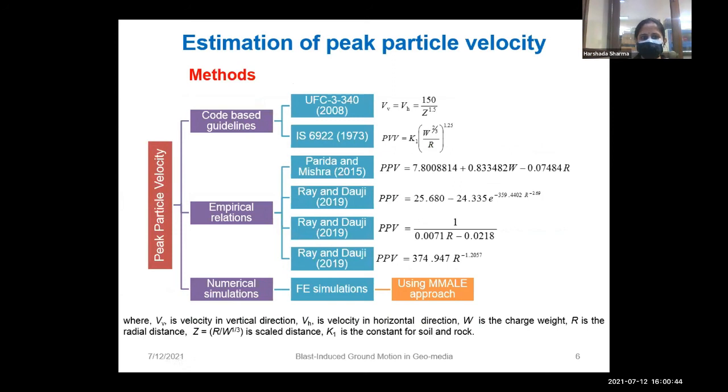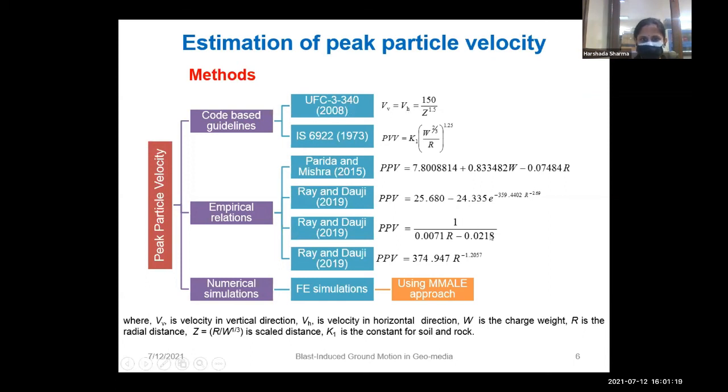So there are code-based guidelines. There are some empirical relations given by various researchers in their literature. And there are some numerical simulations through which we can also find this peak particle velocity. The Unified Facilities Criteria and Indian Standard Codes are the two codes which are considered, in which you can see over here that the vertical and the horizontal component of this peak particle velocity is considered the same as per the UFC